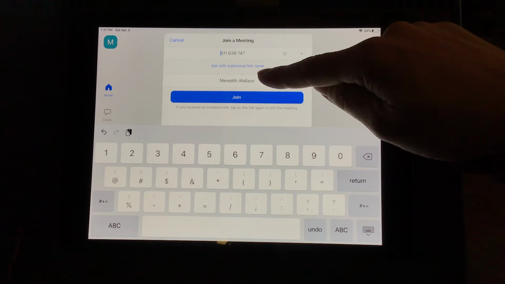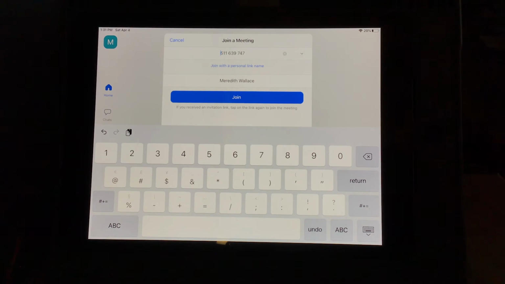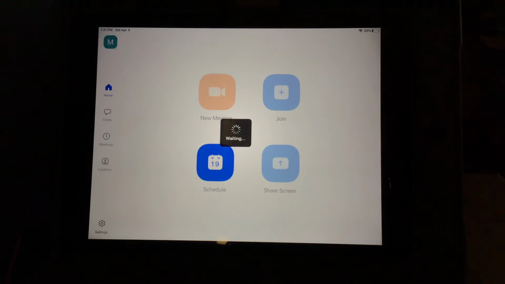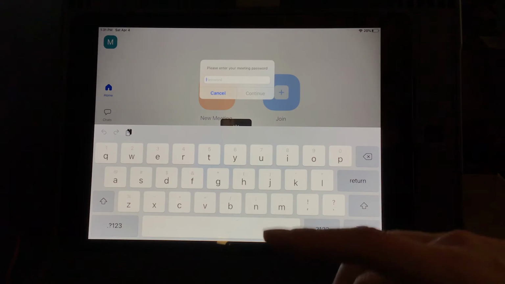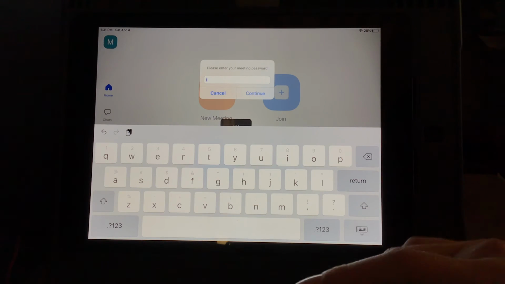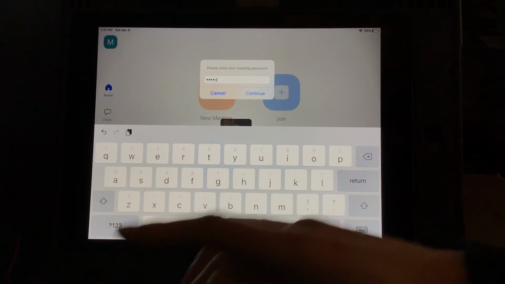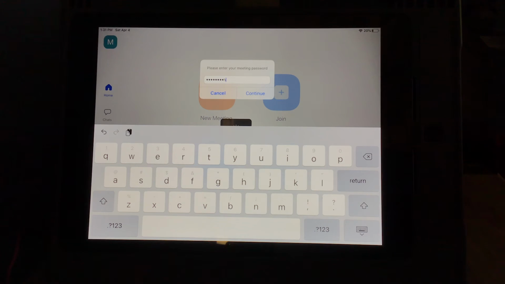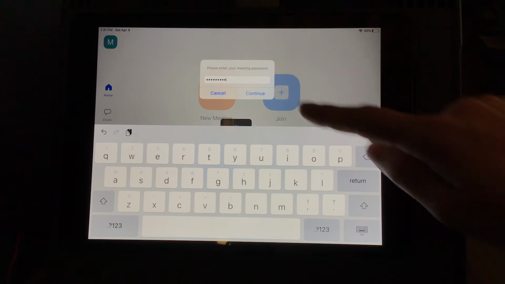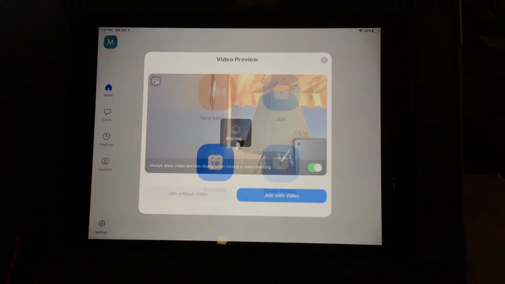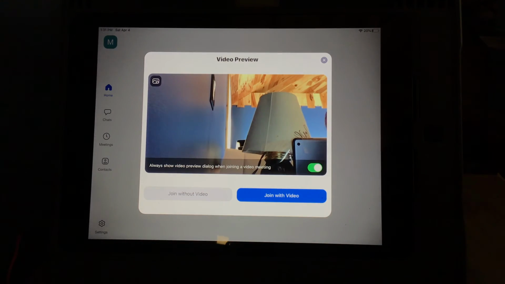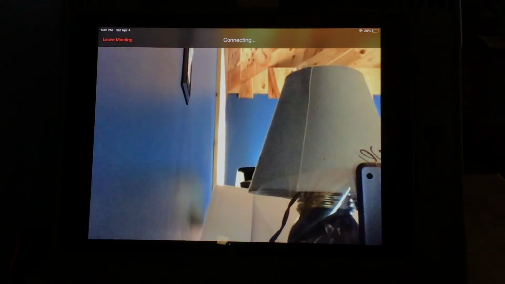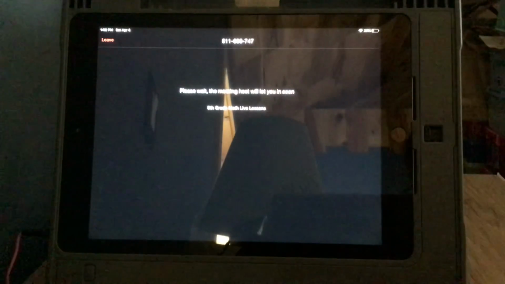This is where you type in your name. A lot of you weren't putting your names in, so it was a little crazy because we didn't know who was who. And then you hit join meeting. And same thing will happen. This time it'll ask you for the password. It does not ask you the password if you hit the link because it's directly connected to that, so you won't need it. But in this case, it will ask the password. Again, join with video, and then it's waiting on the host to accept you.